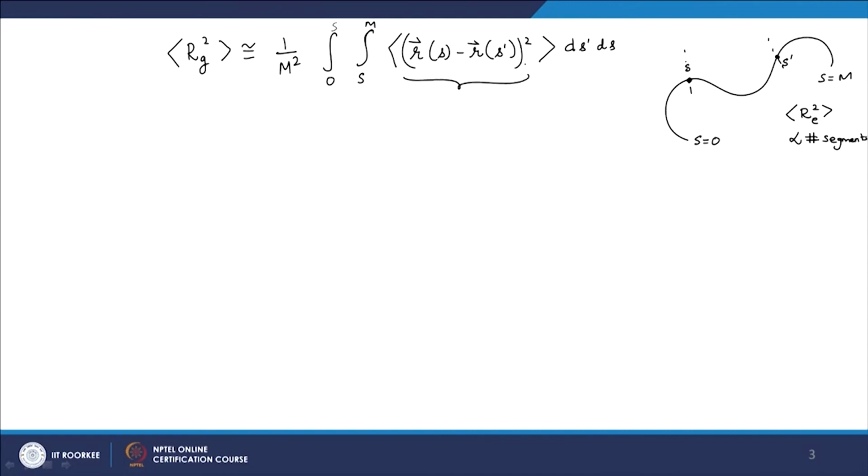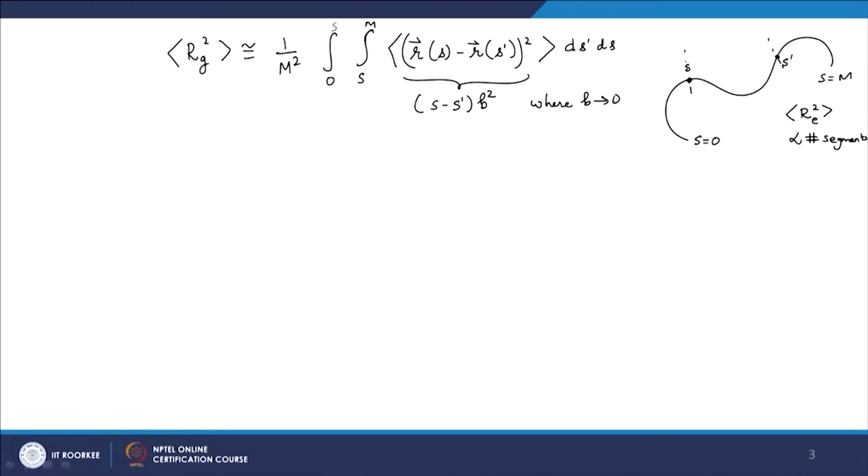this particular square term as something like that, where we had taken a limit that b is going to 0, okay, because between s to s prime the number of segments has to be proportional to s minus s prime multiplied by a factor that we anyway assume to be small because we are going from a discrete to a continuous representation. Okay. So, now if you are with me, I can write this as